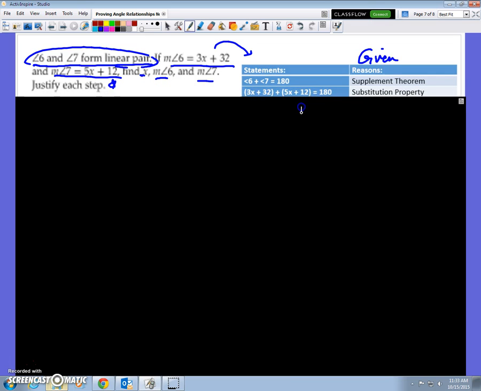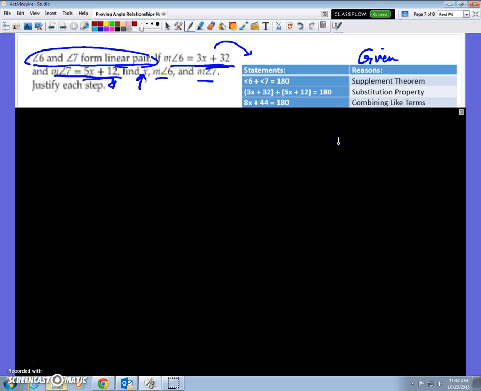So what I'm going to do is substitute in what they're equal to from the given information. I'm going to substitute in 3x plus 32. I'm going to substitute in 5x plus 12. Equals 180. Now I have this nice looking equation. I can start solving to get what my x value is, which is the first thing that I'm looking for in my proof. As I combine my like terms,